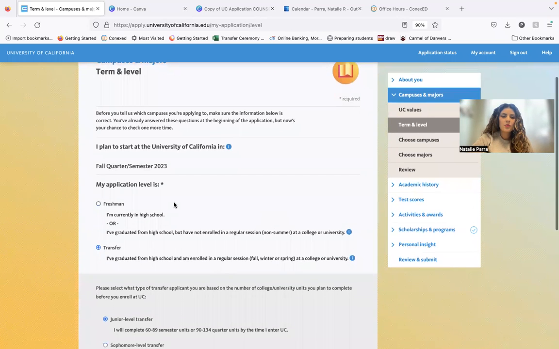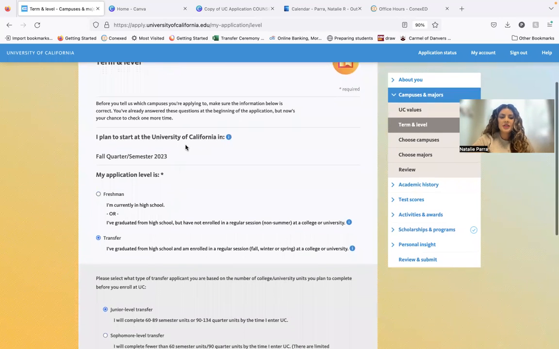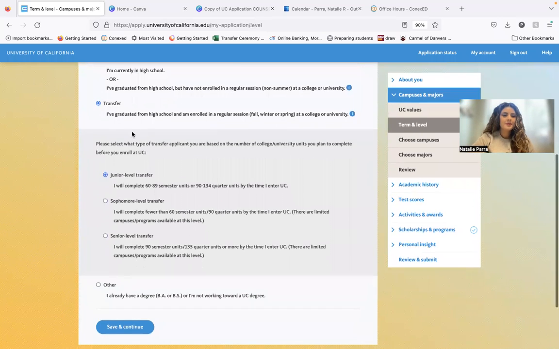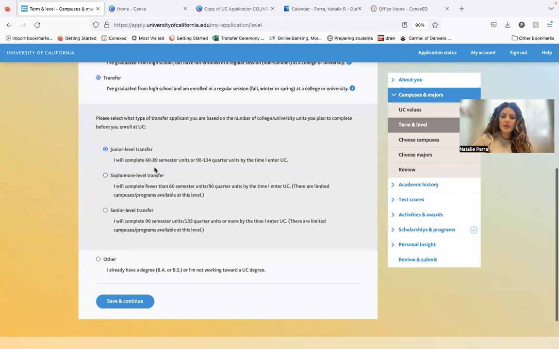And then when you indicate that you plan to transfer in fall 2023, you'll be transferring, graduating from high school and enrolling in a fall, winter, spring session at a community college, right? You don't want to indicate that you're applying as a freshman, as long as you're trying to transfer. And you're going to indicate here that you're applying as a junior level transfer. You have to have at least 60 to 89 units. If you have more than 89, by the way, but you've only attended a community college, it's okay if you